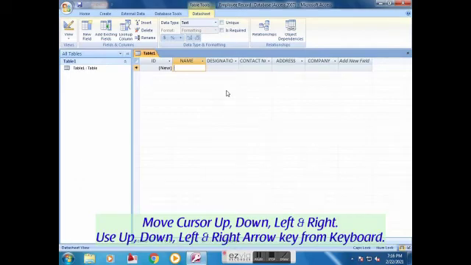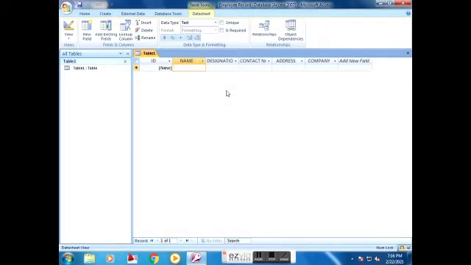move the cursor up and down, left and right. Use the up, down, left and right arrow keys from the keyboard. One by one, enter all the records in a table.